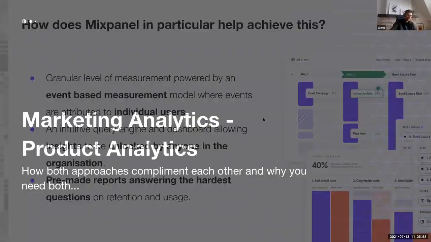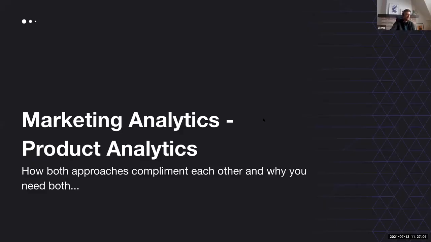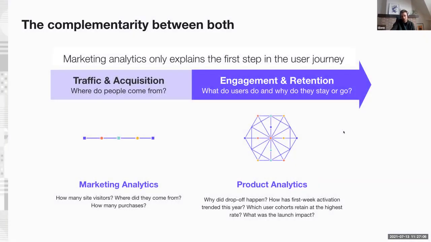Now, marketing analytics versus product analytics, and how both approaches complement each other and why you need both. I think this image says it all, right? The first section of the customer journey will be very much focused on acquisition, ensuring that potential prospects and customers reach your website, reach your product, and that happens in a marketing-efficient way, where the key term is return on investment, or ROI. Meaning, how much do people in a first acquisition spend on our product, and what is the cost that it took us as an organization to bring them there, and optimizing that spend to foster growth.